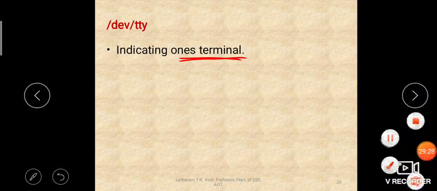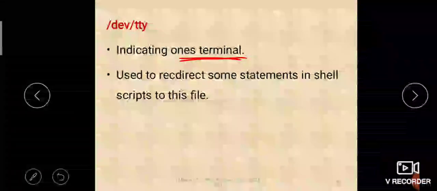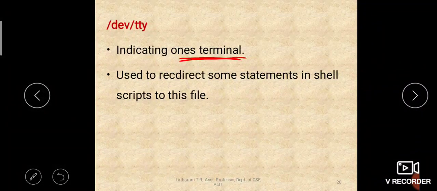Okay. This will be used to redirect some statements in a shell script to this file. That means suppose in between the program is running, you want to display some intermediate results onto the terminal, then you can use this file. You can redirect the intermediate results or outputs to the screen.